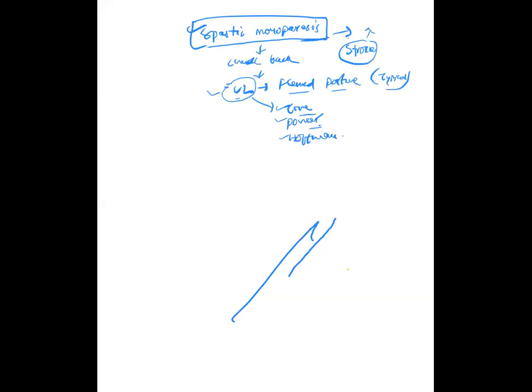In a case of spastic monoparesis, what will be my differential? My clinical diagnosis is a case of spastic monoparesis without any sensory loss. In every case, I will state the finding of the motor system along with the sensory system. Just like atrial fibrillation with fast ventricular rate, or atrial fibrillation with slow ventricular rate, because two terms come simultaneously. Here, spastic or flaccid, that is the motor system, always comes with the sensory finding. So my clinical diagnosis is spastic monoparesis